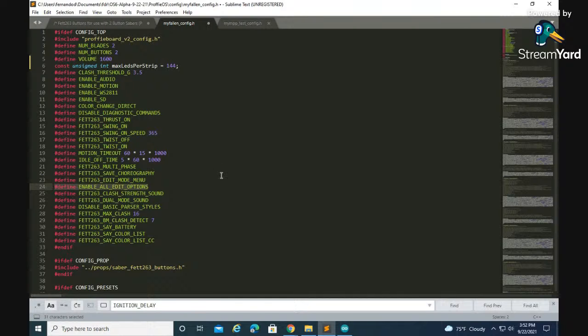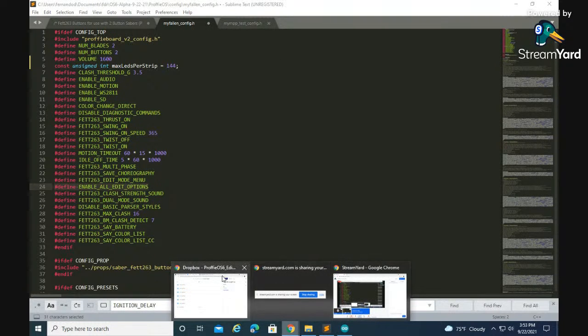So there's a couple ways you're going to be able to edit everything. The first one is obviously that edit mode menu, and that runs currently through my prop file. The plan will be at some point for the other prop files to add that capability to them. That's going to be up to each individual prop file maker to get that integrated. There's a lot required for that, so they may need time for that and figuring out the controls. But if you don't want to use the menu, you can still use all of the edit capabilities through ProffieOS Workbench,